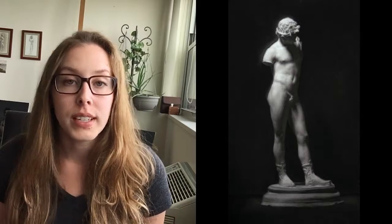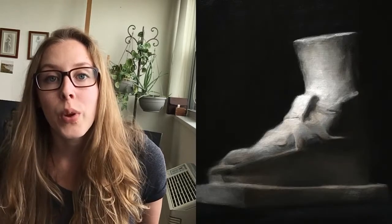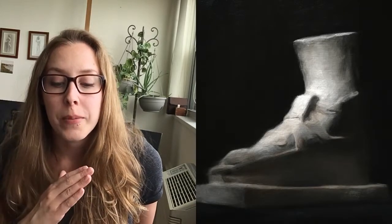And then you move on to cast drawing, which is really all about learning value. You're also setting up the cast, so you're learning about composition and also light design. And then you graduate onto painting and doing cast paintings, and they first start you off with a gray palette, and then you are adding more colors until you move up to the full color palette. And then you get to start painting still lifes. I don't have any examples of still lifes because I'm not there yet in the program. But the whole time that you're in the program, you're working every day from the live model, which I think